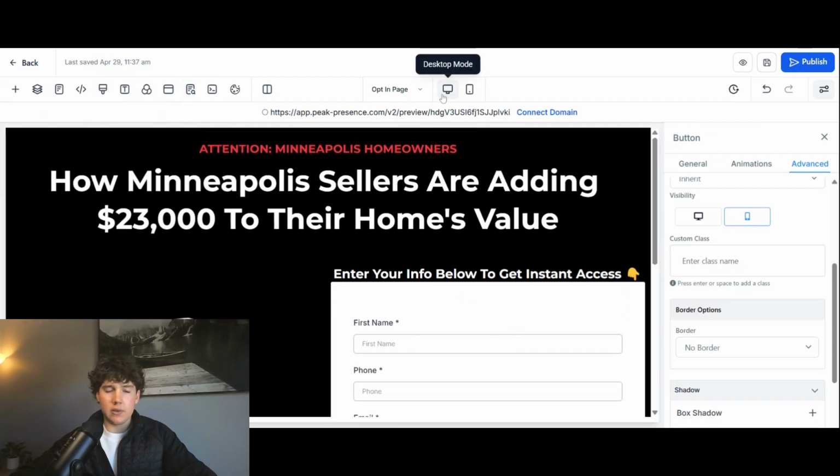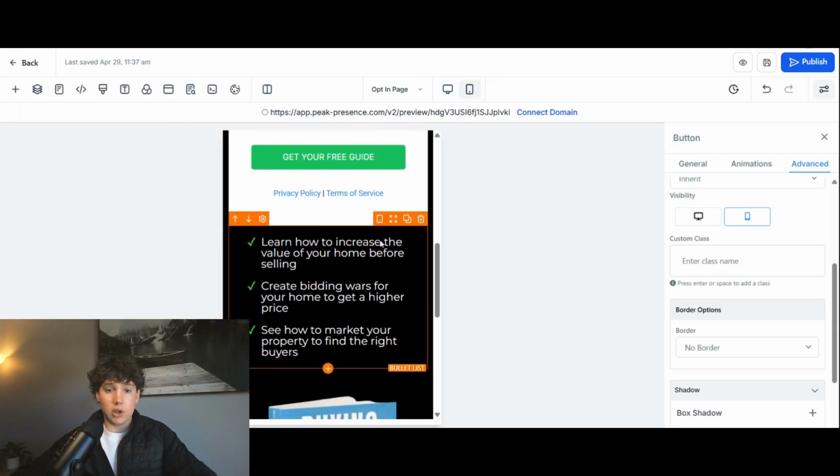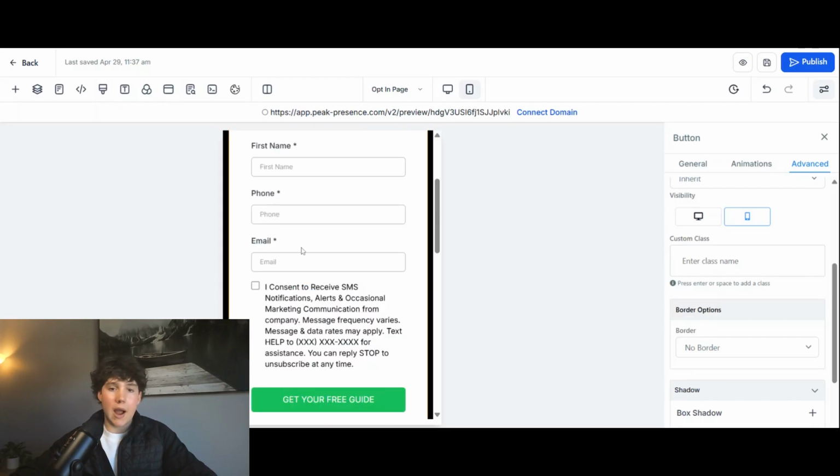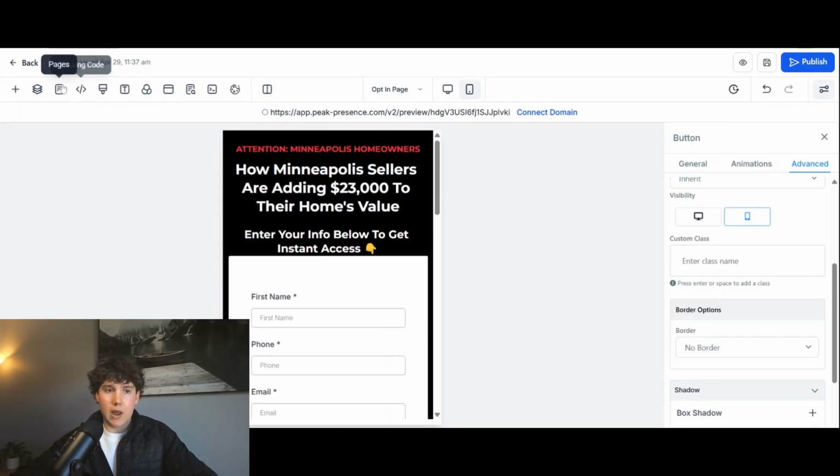Now from there, you can see that's it on desktop. This is it on mobile. It does look really good already. If you do that again, this is going to convert really well for you if you're not getting conversions already. So what we're going to do next is, actually, one other thing I want to show you is in the